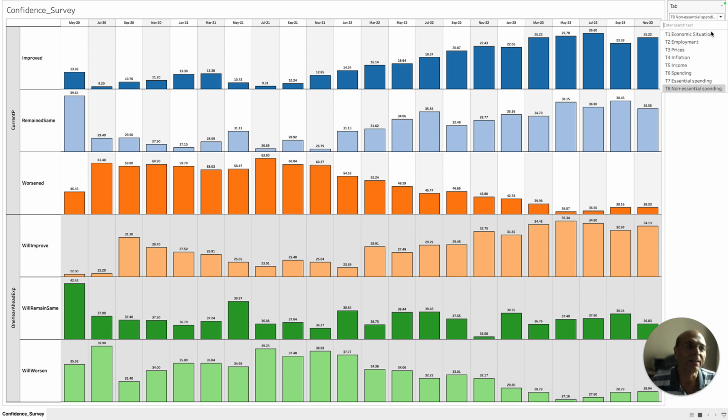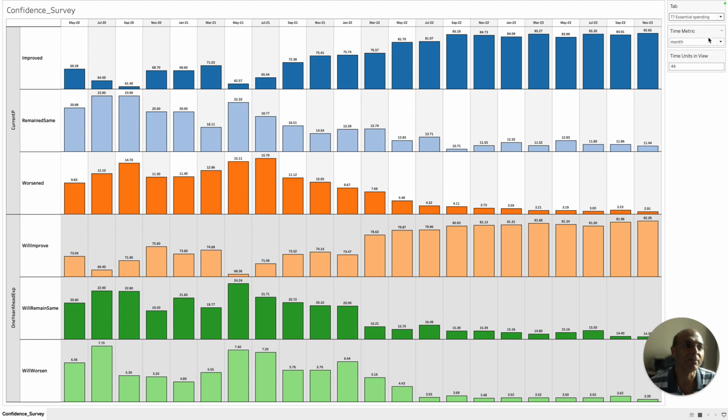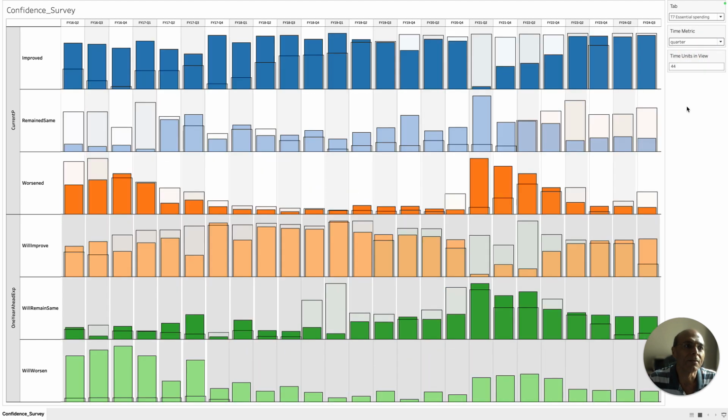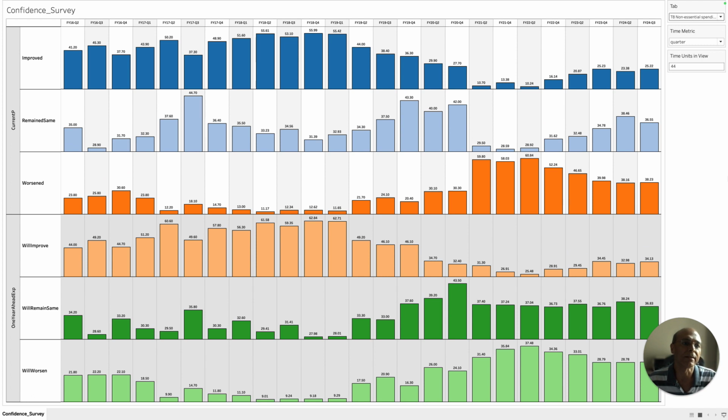And if I do a time scale on essential spending by quarter, let's see what the results tell us. Oh, this is a problem. Yeah, sometimes this whole Tableau dashboard, dealing with so much data, gets slow. So from a quarter perspective, you see that essential spending is going to rise. Most of the respondents are saying essential spending has increased, and going forward it is also going to increase, right? And the non-essential spending, at a quarter-level time scale, is also showing a similar trend, right?